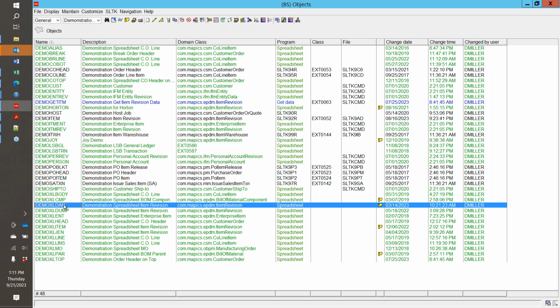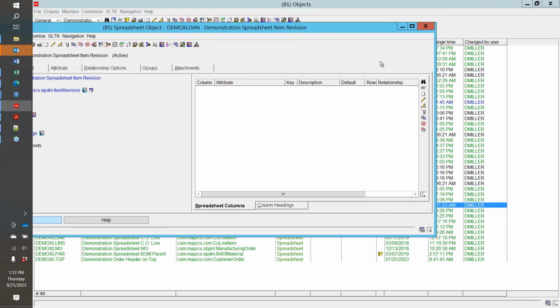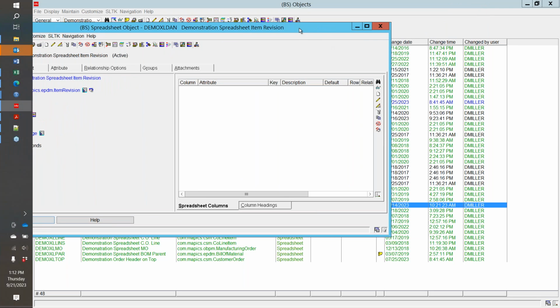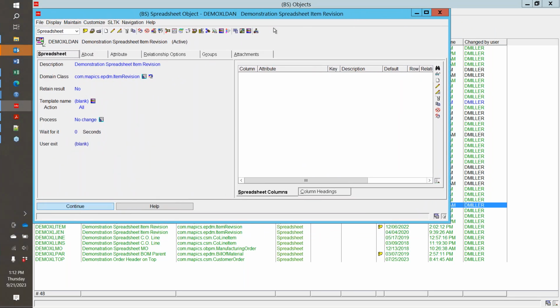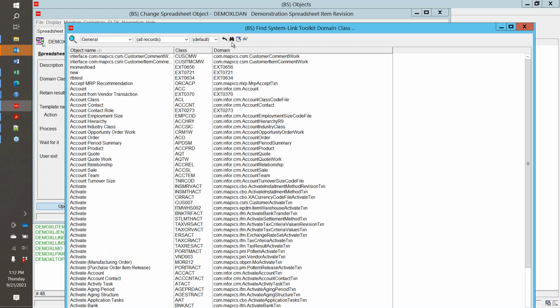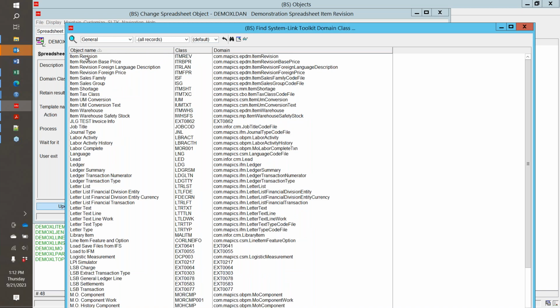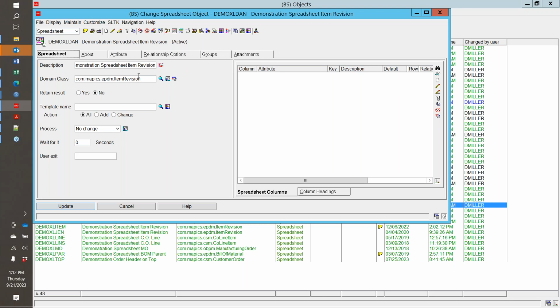So we're going to go into the toolkit, and we have a list of objects here. We call these System-Link Toolkit objects, and these objects contain the mapping between the spreadsheet and System-Link. So we go in and start a new object. I'm calling this one Demo XL Dan, and we look up the domain class. We need to identify the object that we are going to be mapping. In this case, it's the item revision. So we select the item revision,